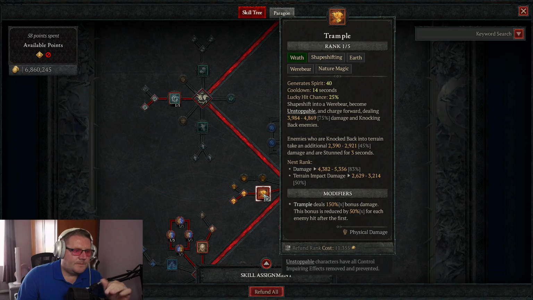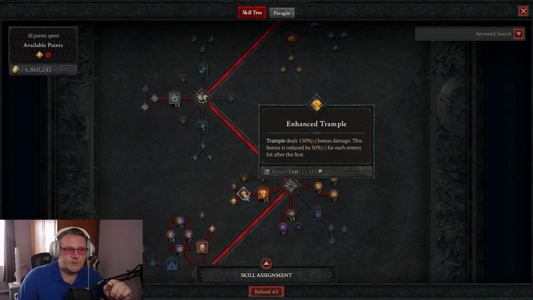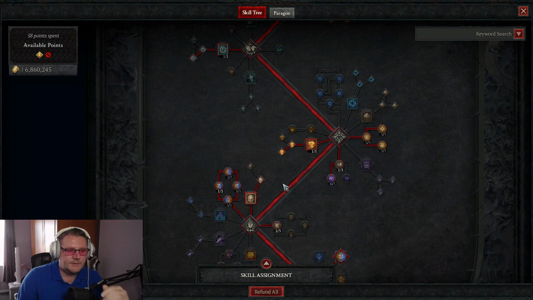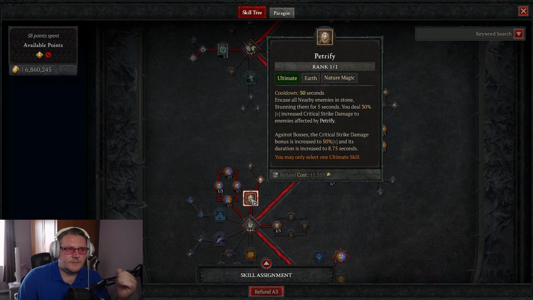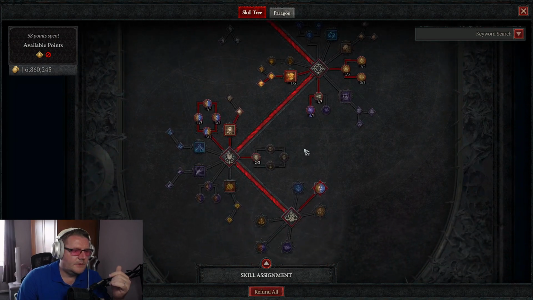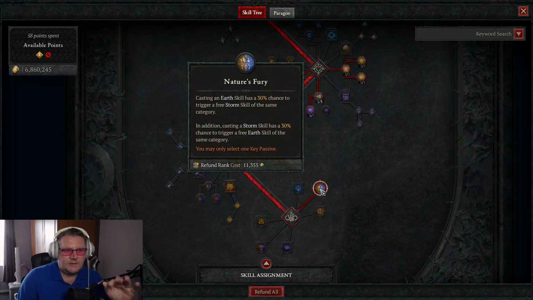Then come down, grab Trample, 1 point, Hands Trample, and then Savage Trample. The way I do this is I get the abilities first, then go for the passives. Then come down, grab Petrify, and Prime Petrify. I only put 1 point in Petrify, because this is your ultimate and then your prime. From there, you should have enough points at this time to come down and grab your